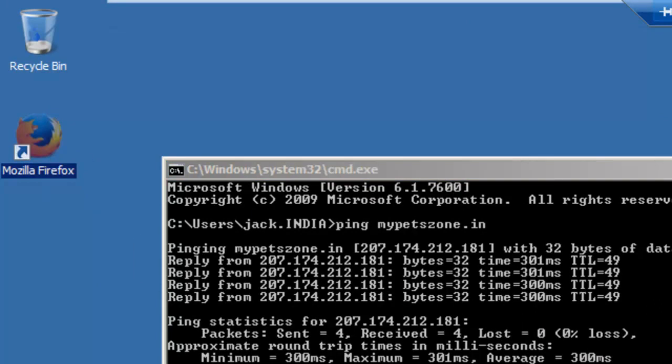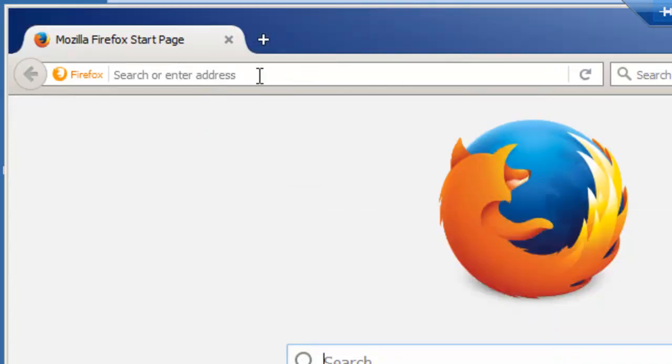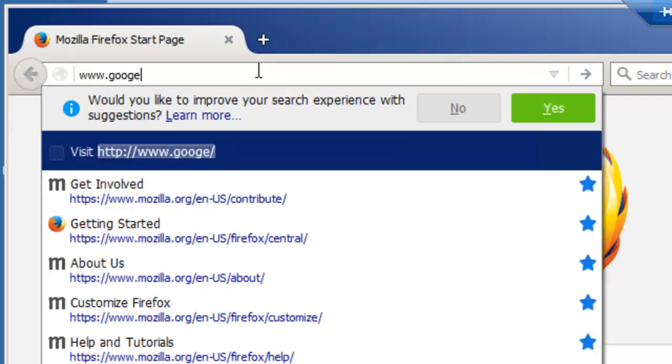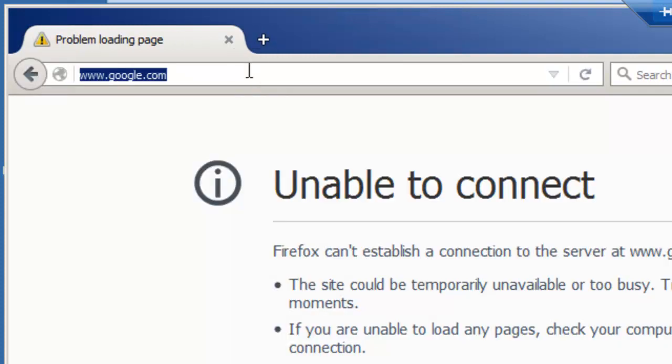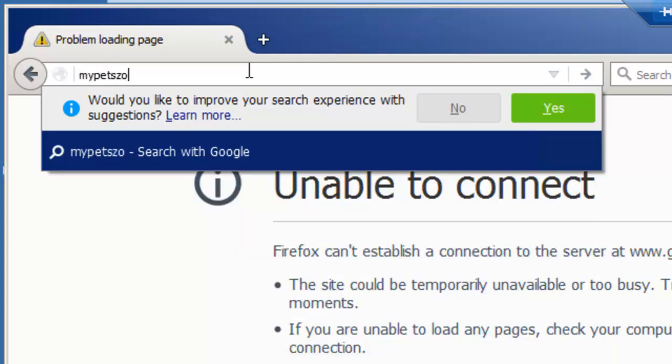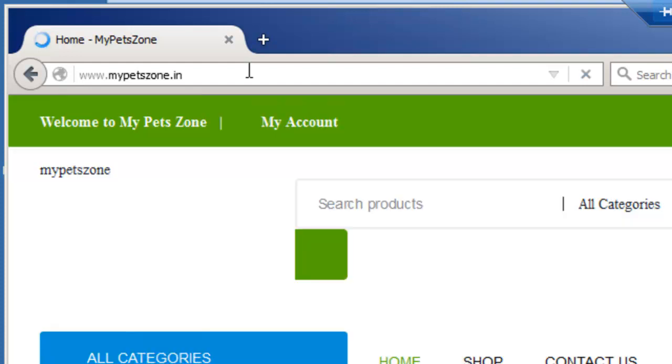Let's see if we get success in that or not. Okay, let's use it as a default. So we will try to open google.com. It's not opening. Let's see, my pets zone.in. Let's see if it works. It's transferring data from my pets. See here,